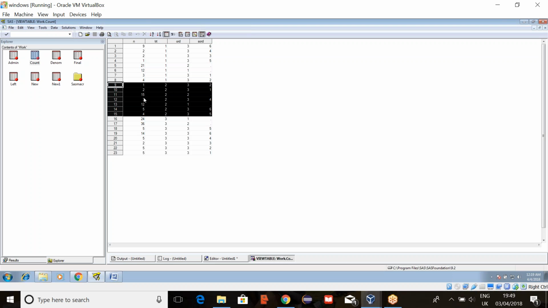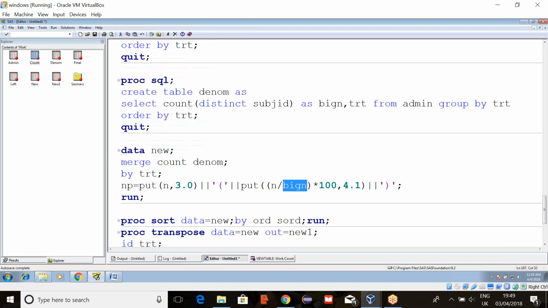So how do you get the denominator? We have to count them. That's what I have done here: group by TRT, treatment. N is the number of counts, and big N will be the treatment total count, into 100.